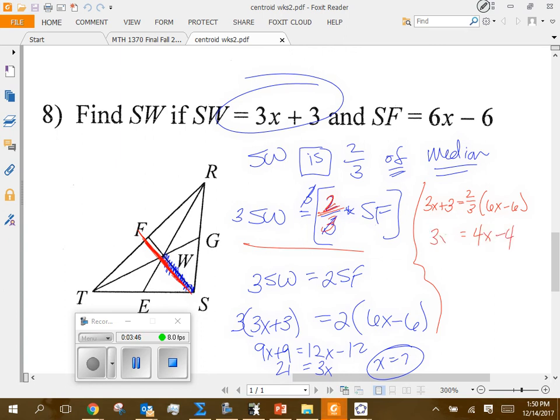This is going to be 3x plus 3. Subtract 3x from both sides. Add 4 to both sides. I still get the same, x equals 7. So yes, that's a very good question. I just know that some of us don't like dealing with those fractions that way. But if you don't like dealing with those fractions, that's a fair statement, but you're going to want to kind of force yourself to deal with them so that you get better at them. Because there are situations where they're not going to disappear, that you have to be able to manipulate them. If you continue